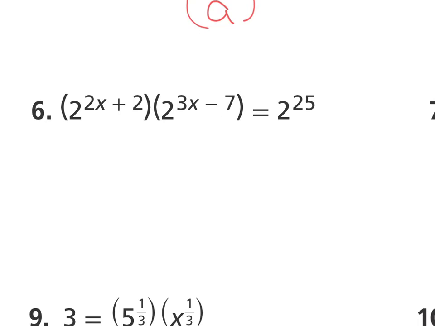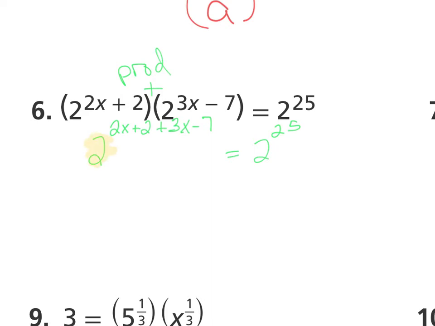So, once again, I have a product here. So I'm going to add my exponents. So I have 2 to the 2x plus 2 plus 3x minus 7 equals 2 to the 25th. I can stop right here